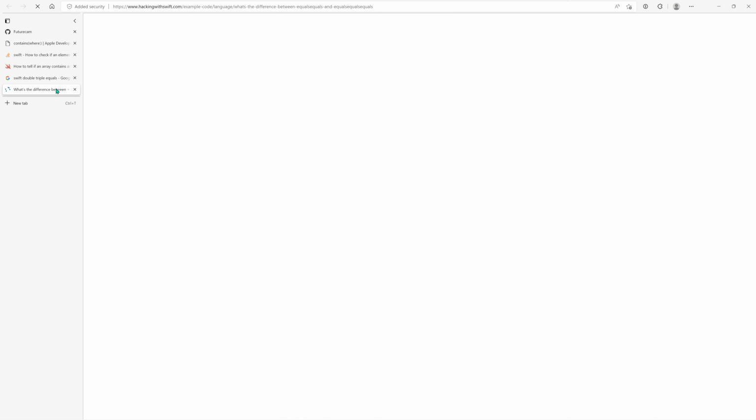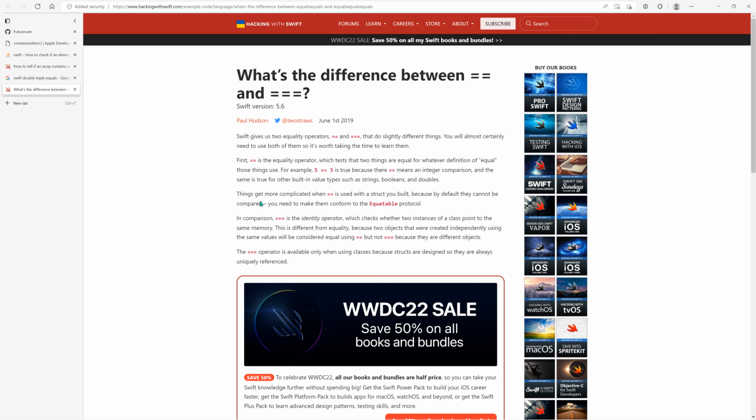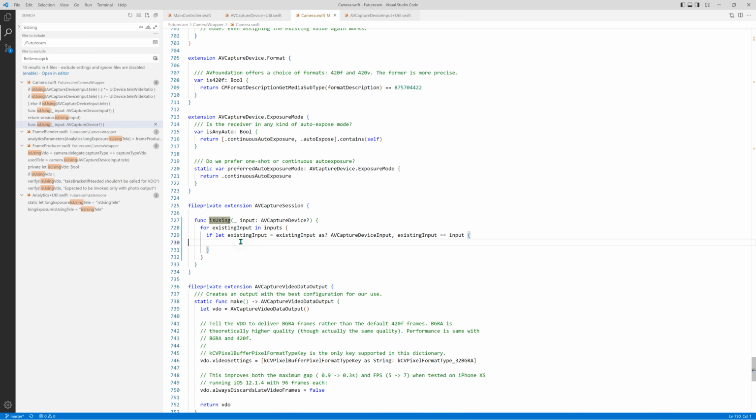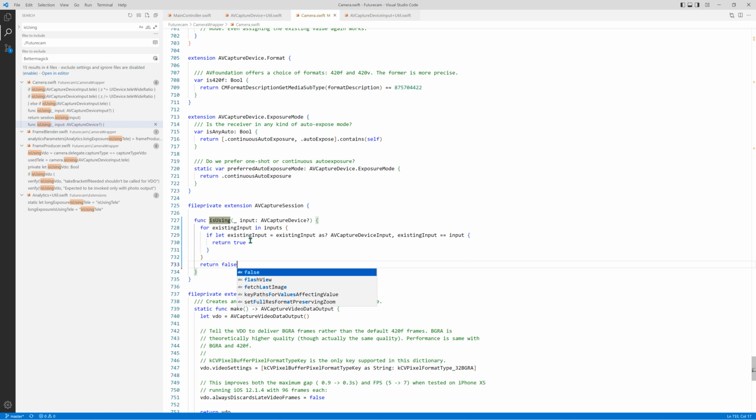I think triple equal to compares that the reference is the same. Yes. Return true. Return false. So if there are no inputs at all, or if the existing input is null, so you cast it. If the cast fails, it's not a device input, it won't even come into this block, it will go to the next one. If the cast succeeds, like you won't have nil in this array,